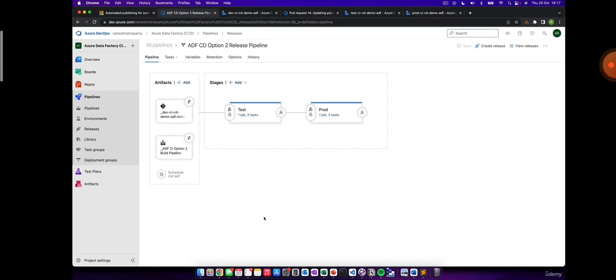So let's do that. In order to do that, I'm going to simply clone the test stage and create another stage called dev. So I've renamed the stage to dev and